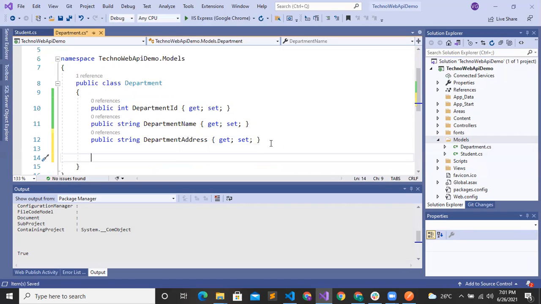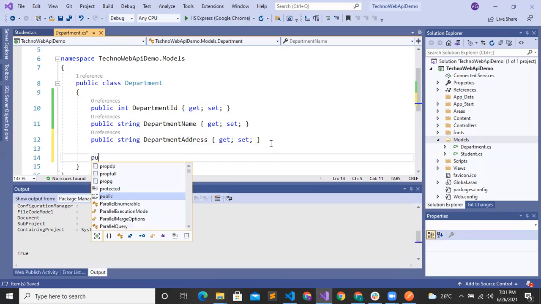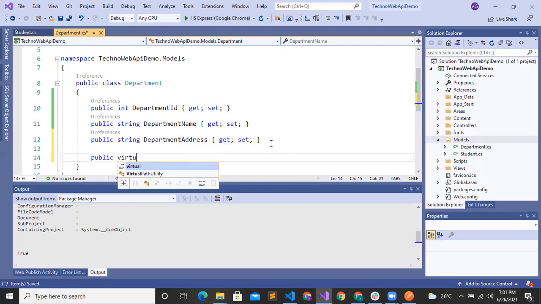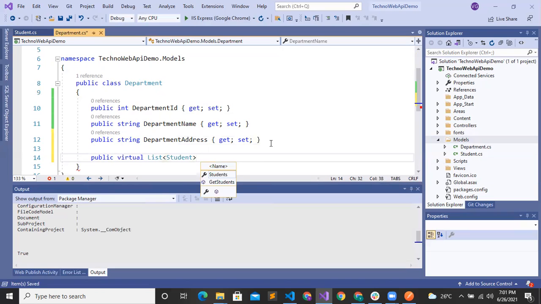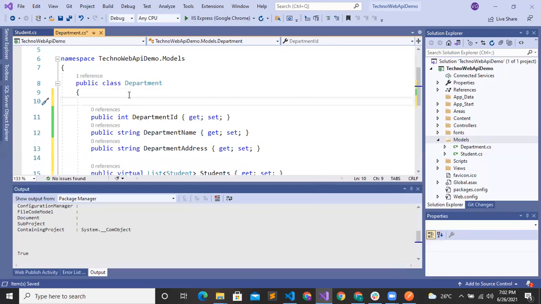One department will have many students, so we will add the relationship here, a list of Student.